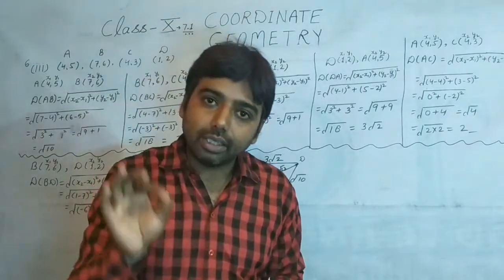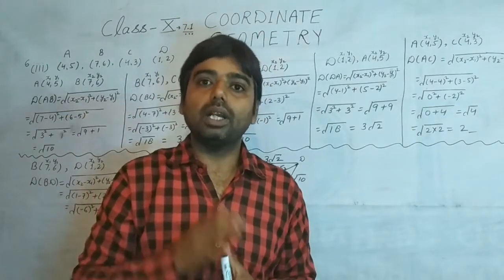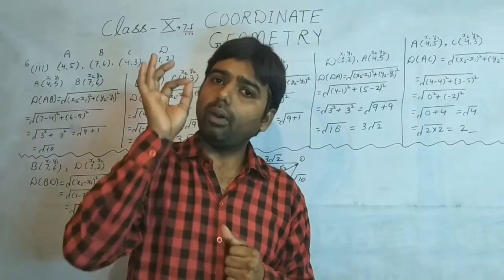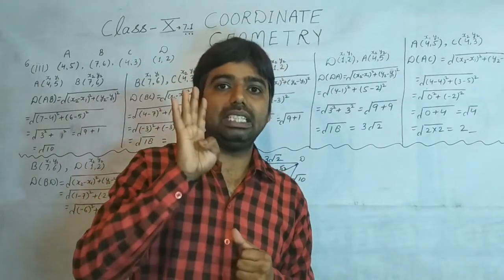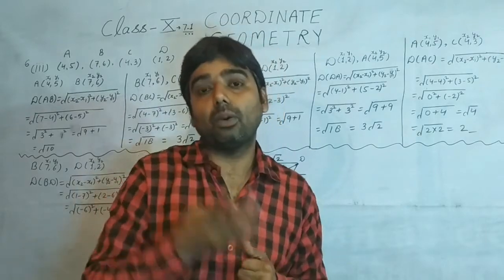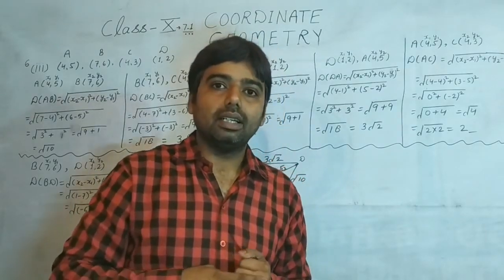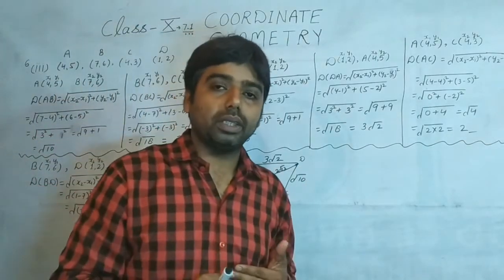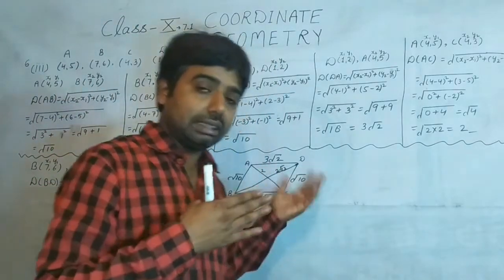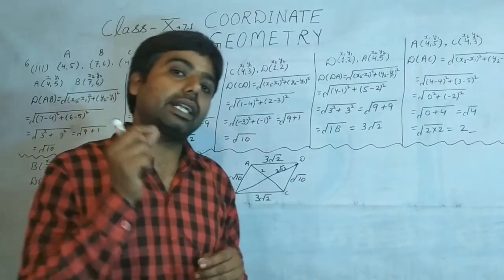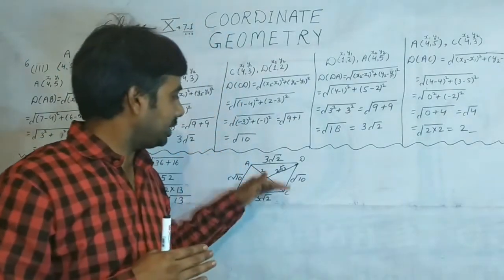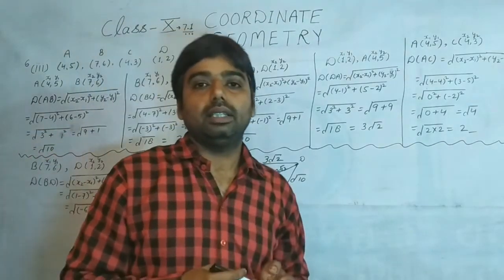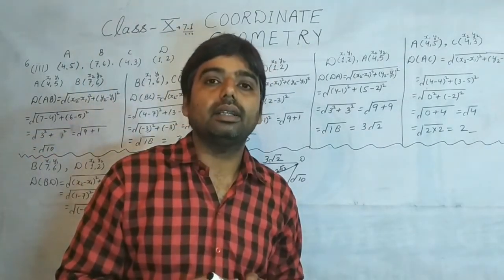If all sides of a quadrilateral are equal along with its diagonals, it's a square. If only all four sides are equal, it's a rhombus. If its opposite sides are equal and the diagonals are also equal, it's a rectangle. If only the opposite sides are equal and the diagonals are not equal, in a quadrilateral, it's a parallelogram.